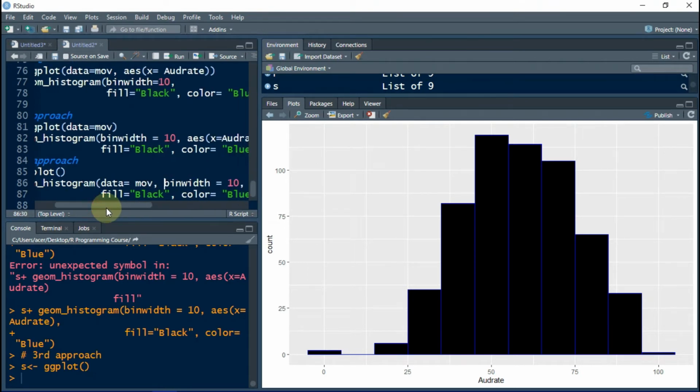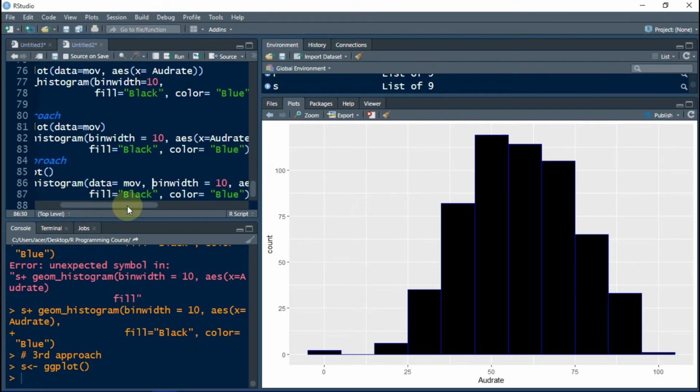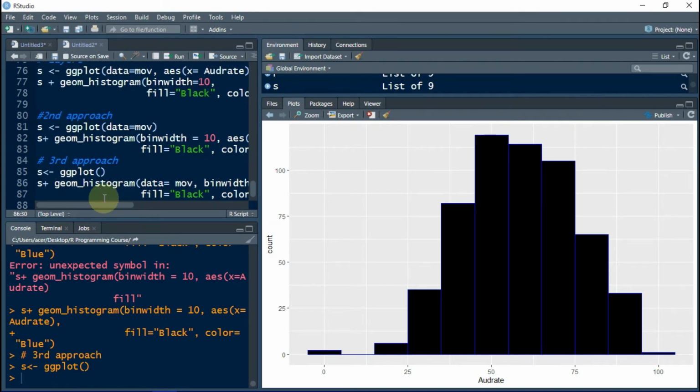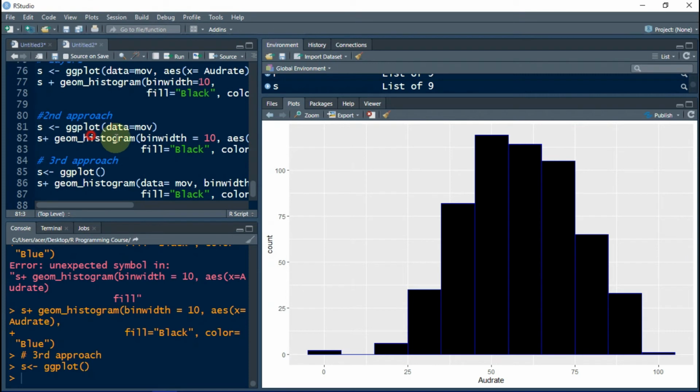Now this approach, in which we'll create a blank object and then we'll supply data, aesthetics and everything later on, will come in more handy if you are working with multiple datasets and you need to create multiple graphs at the same time, because supplying the aesthetics before to the object and then later on changing those aesthetics is not a professional way of constructing graphs. And these approaches give you additional flexibility, because you can basically create the graph of any dataset. For example, if you supply data before to the object, then later on you can't change the data.